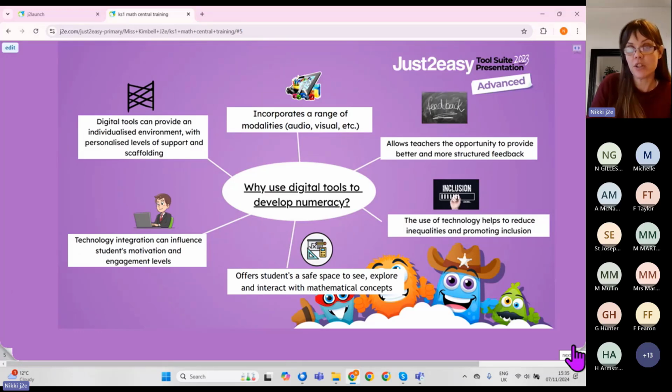Now, just a quick discussion about why we should use digital tools to develop numeracy. So I just did this mind map. I'm a visual learner. Digital tools can provide an individualized environment with personalized levels of support and scaffolding. So within our tools, we allow you to set up things like teaching groups. Now, I'm not going to show you how to do that today, but there is a video on our YouTube channel, which then allows you to differentiate certain activities, offering that personalized level of focus and activity and scaffolding